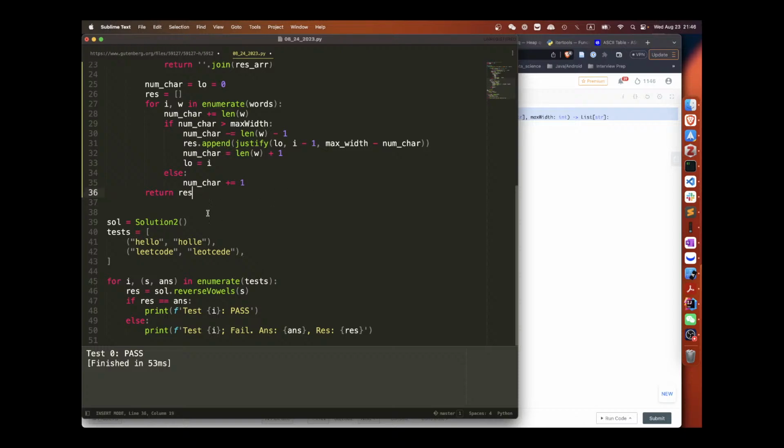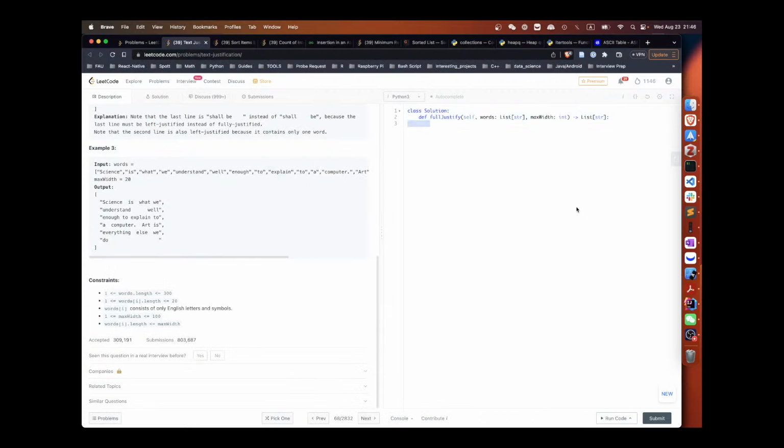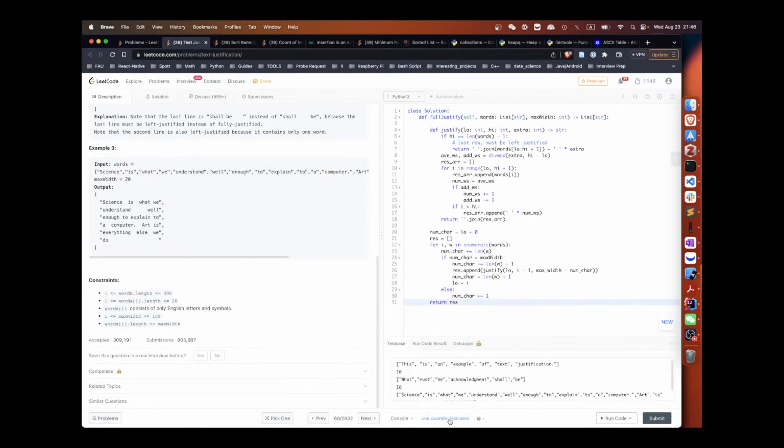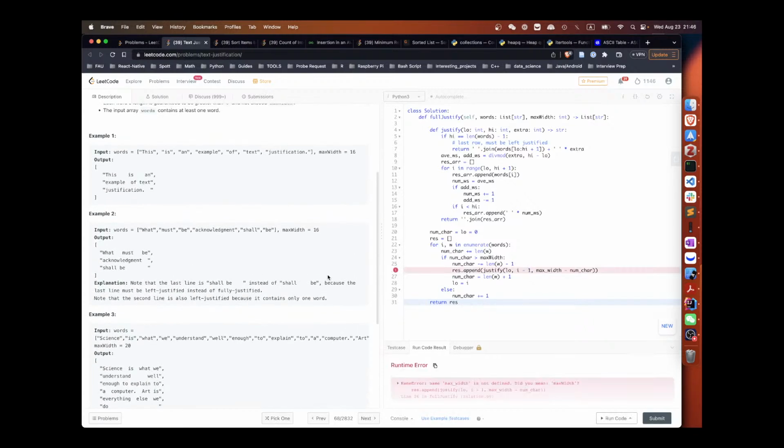You wanna give this a shot? Oh, I coded very fast, so not sure. I think something might be wrong. Max width is not defined. Modulo by 0.